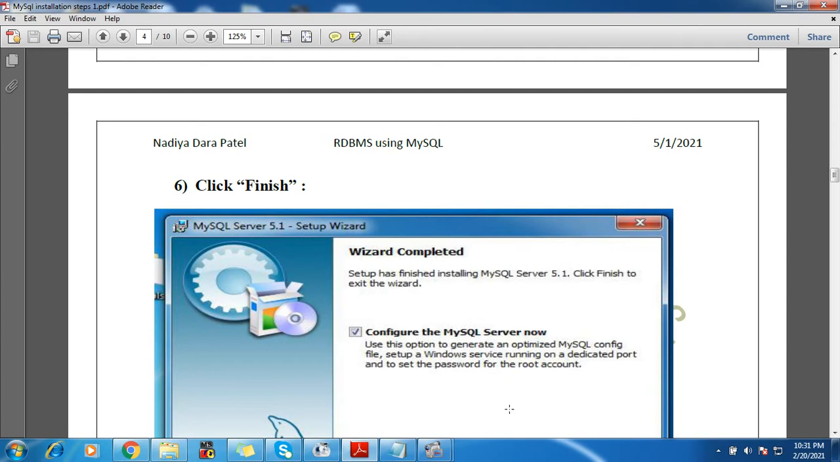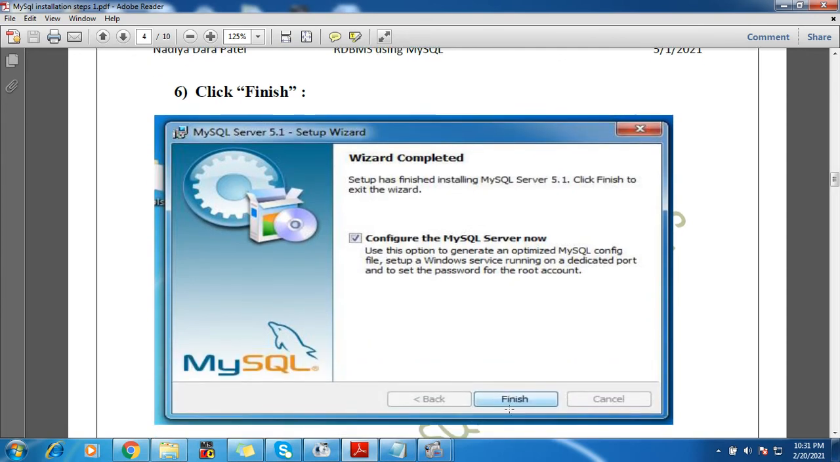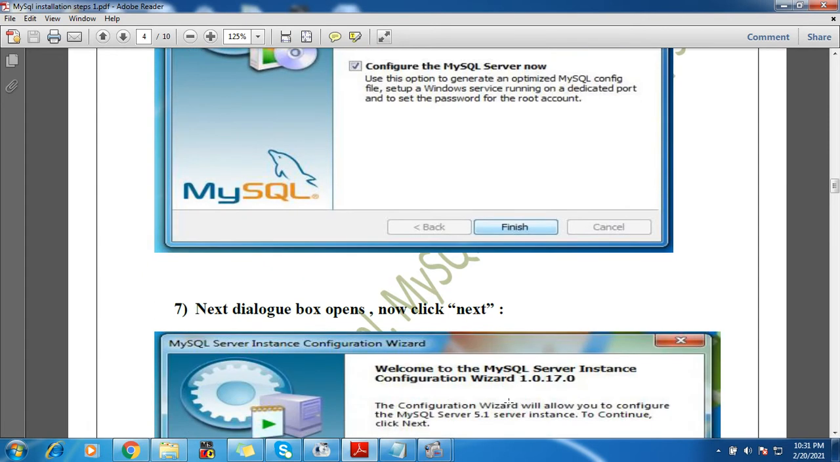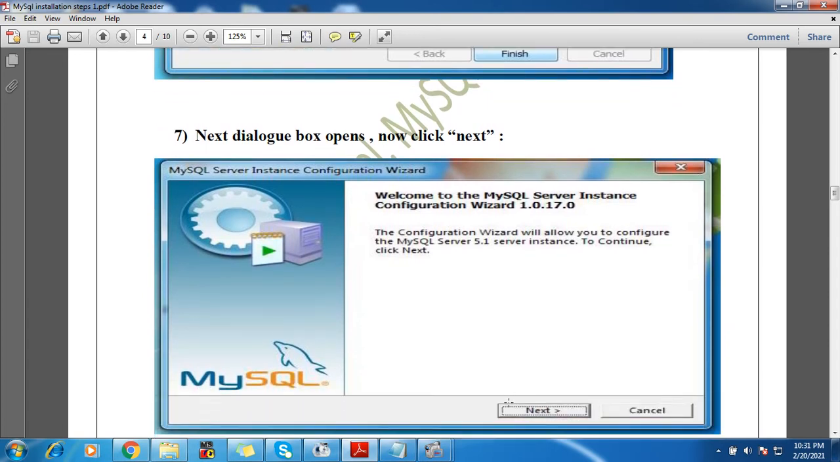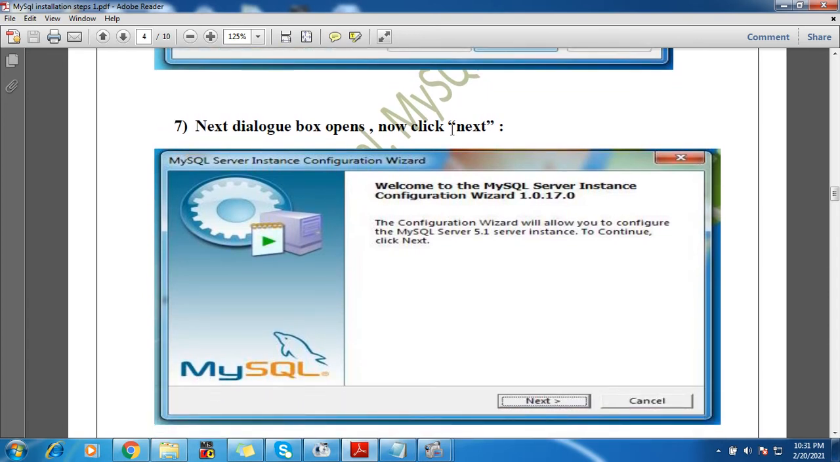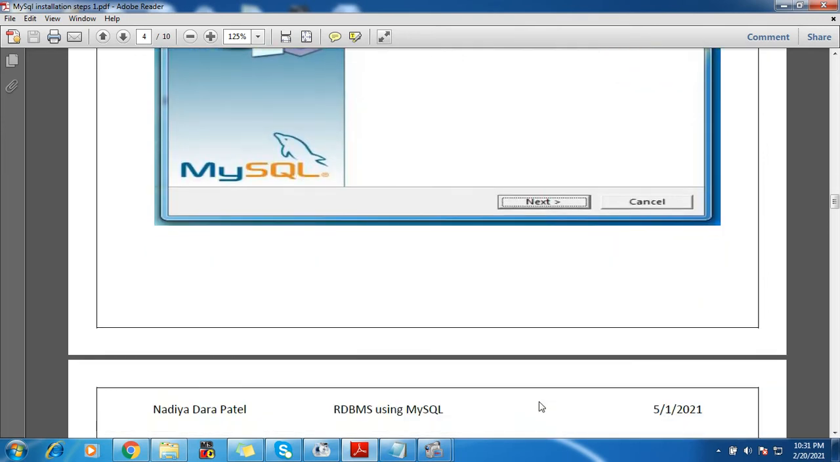Finally, one step of installation will get finished. So when you get this window, click on finish. After this, the next dialog box will open, and now you have to click next. After you click next,